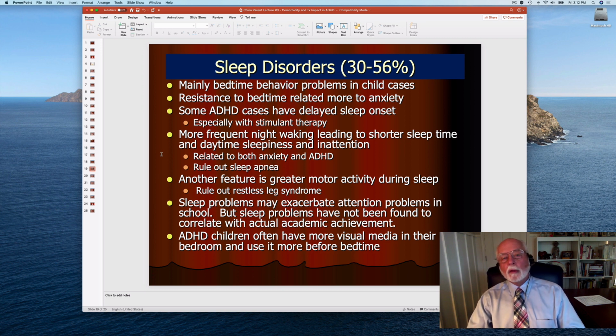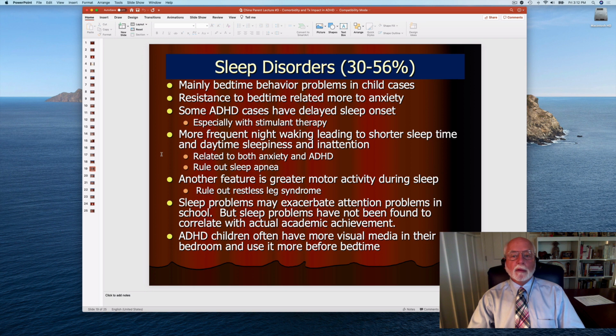And we know that these visual media can disrupt sleep patterns, perhaps because of the increased exposure to light through the device, or because of the excitement that such video media, such as video games, might cause in the child, making it harder for them to reduce their arousal in order to make sleep more likely.